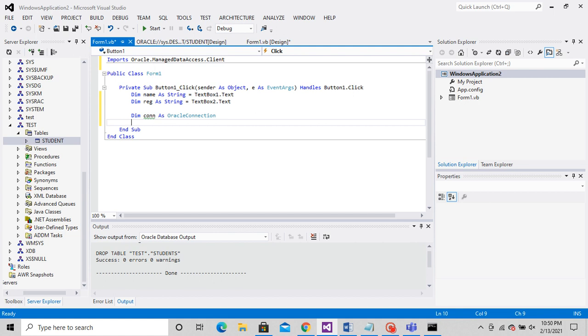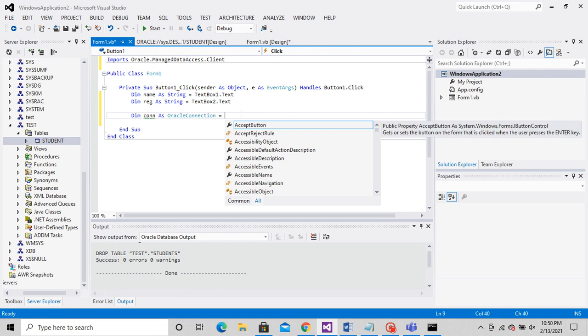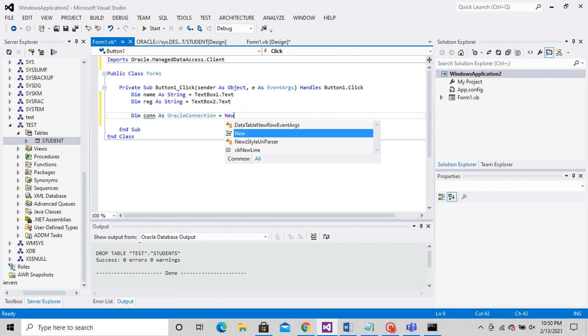Now you can see on top that it is already imported. Now I'm forming the connection.